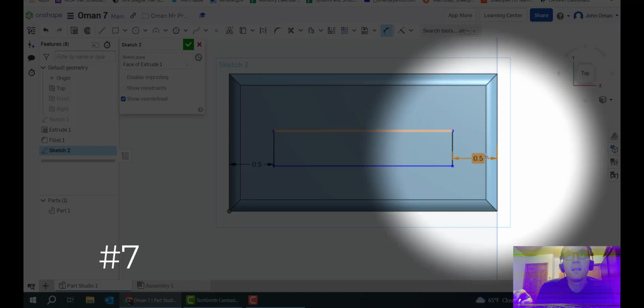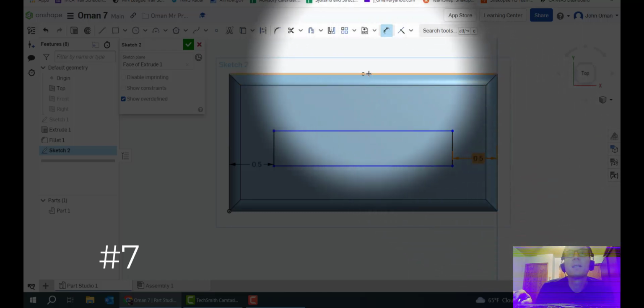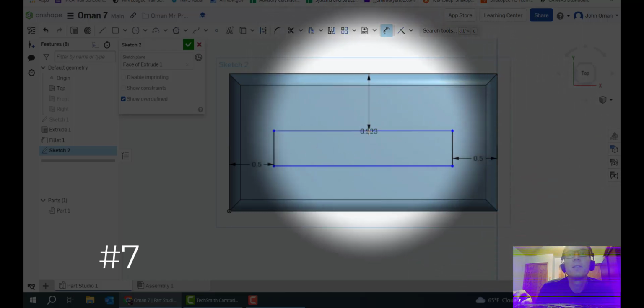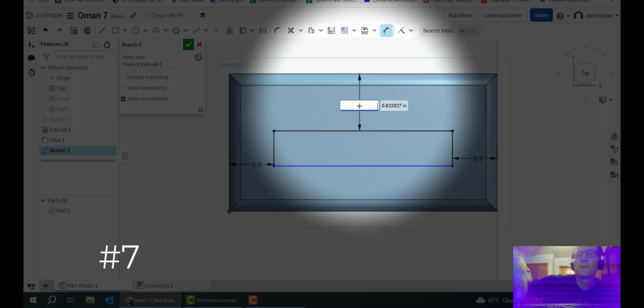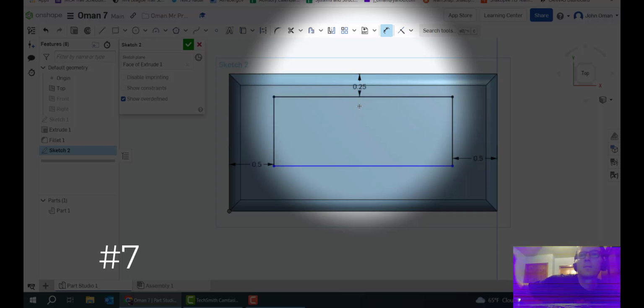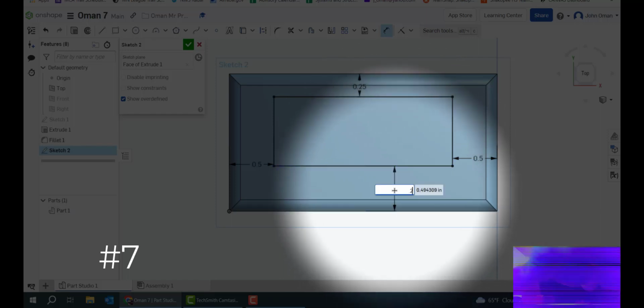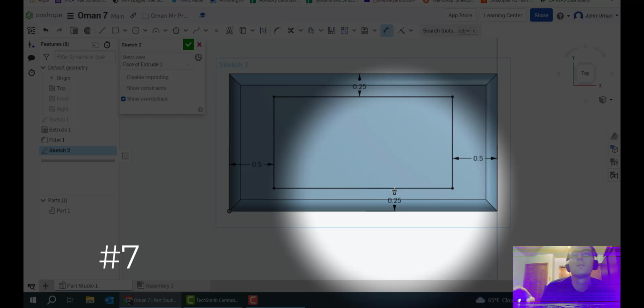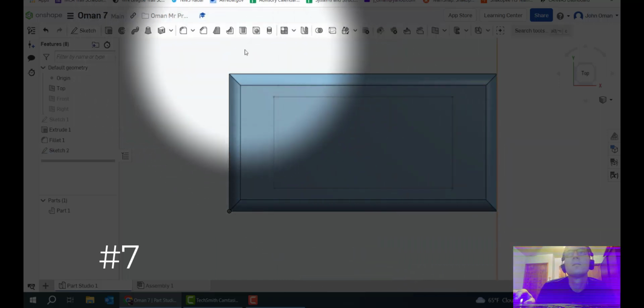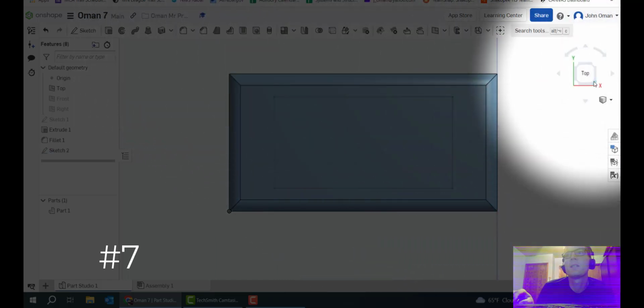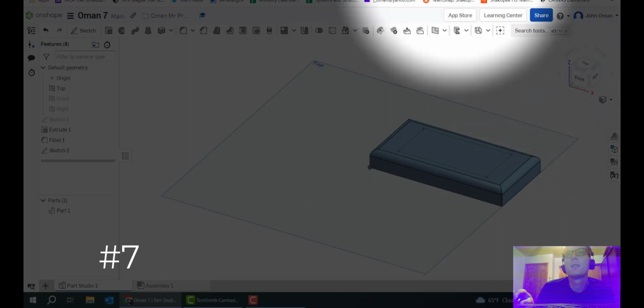Okay, and vertically, these are 0.25. Okay, so there's that rectangle. We're going to extrude this up